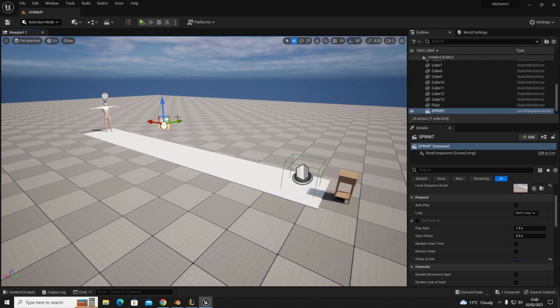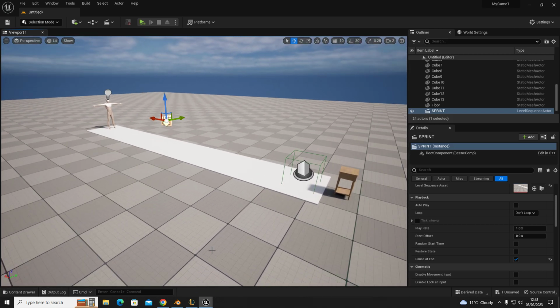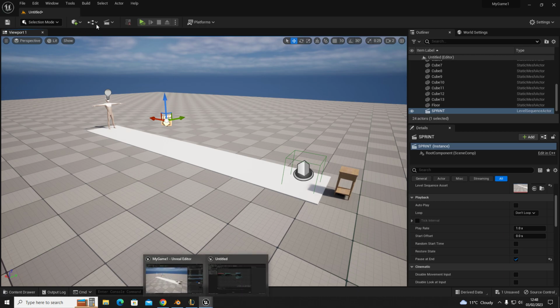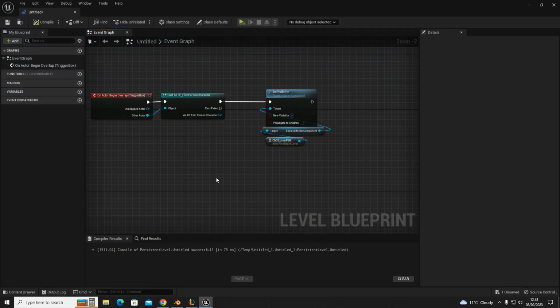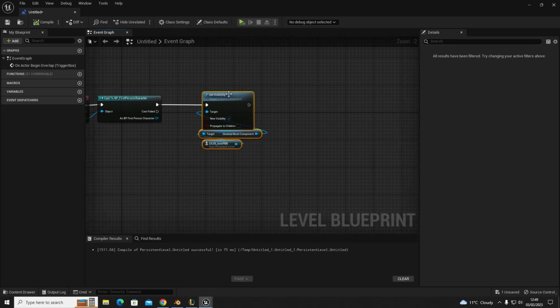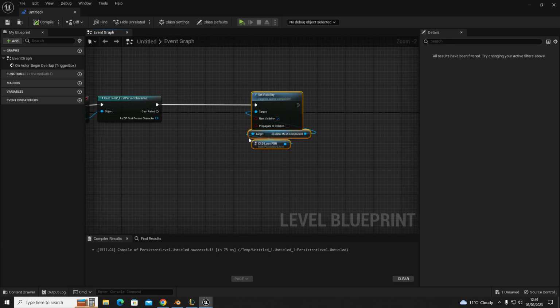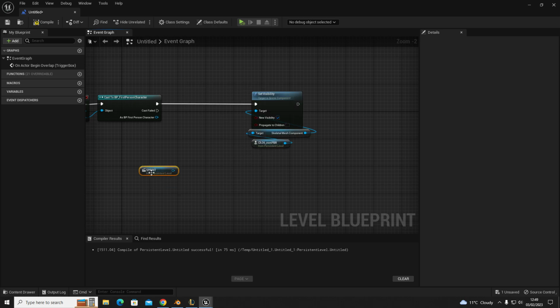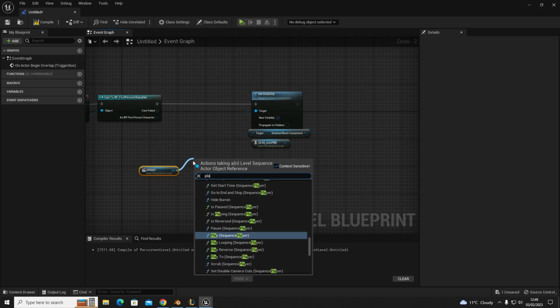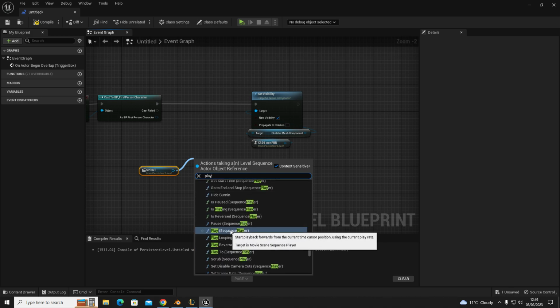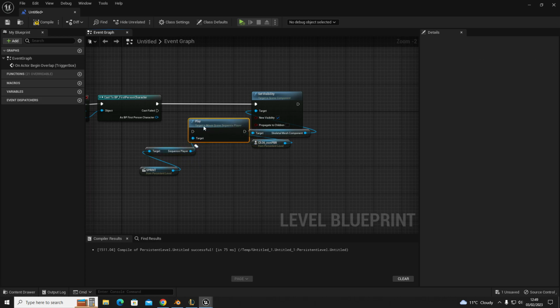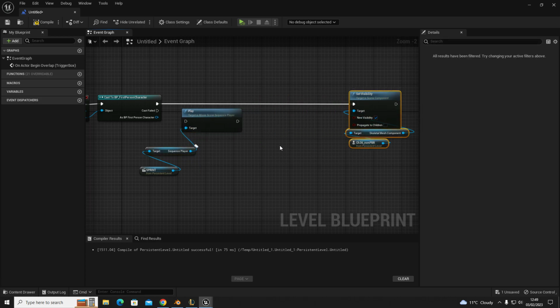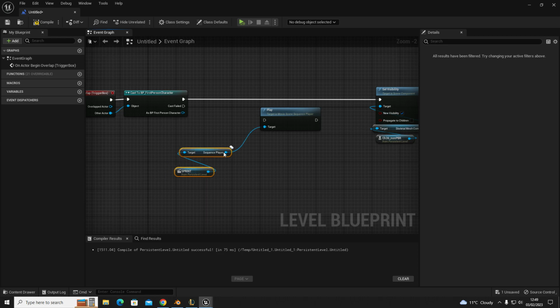So what we're going to do now is add our level sequencer into our level blueprint. So up here, level blueprint. We know he's invisible, so he's now going to be visible. But we also want to play our sequencer. So play, and then we've got sequence player, and we want to